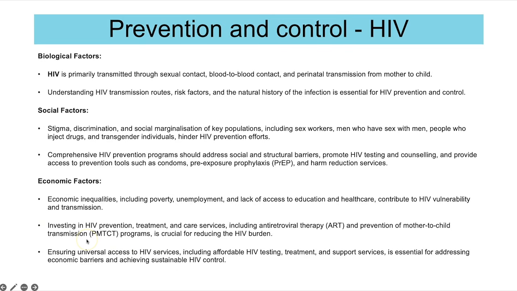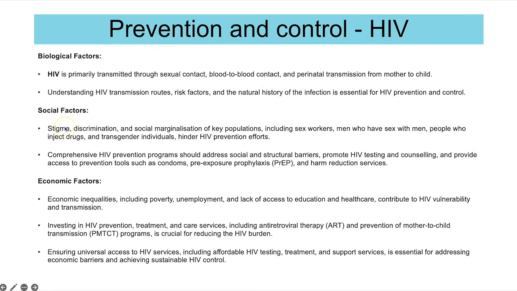So here we have prevention and control methods for HIV. First of all, it was understanding HIV. We know now that it's transmitted through sexual contact, blood-to-blood contact, for example sharing needles, and perinatal transmission, which means through the placenta from mother to child. Understanding this means that we can put in place preventative methods to try and stop that transmission. For example, having barrier methods as contraception, so condoms, and avoiding blood-to-blood contact by not sharing dirty needles as